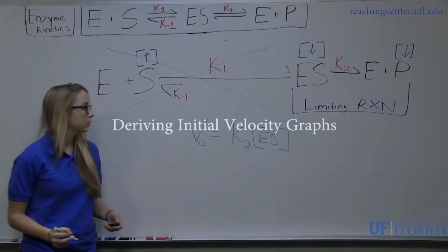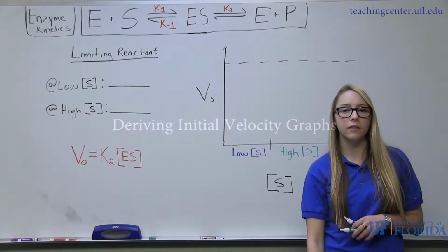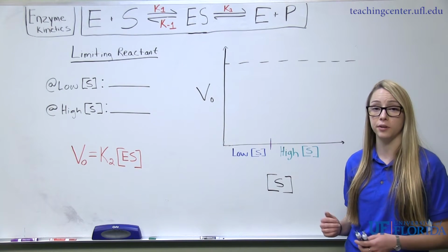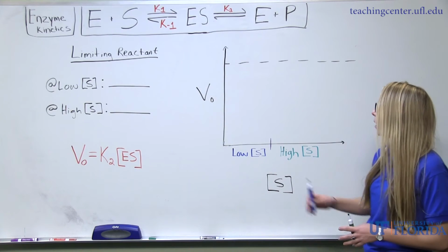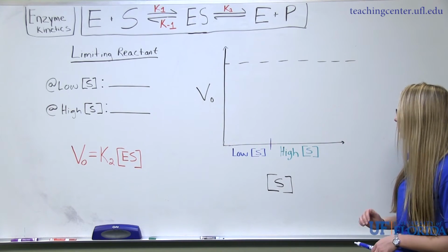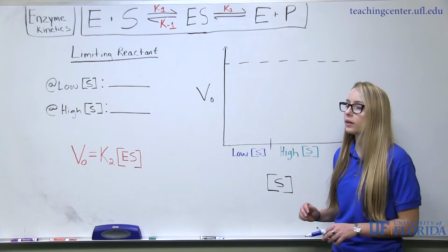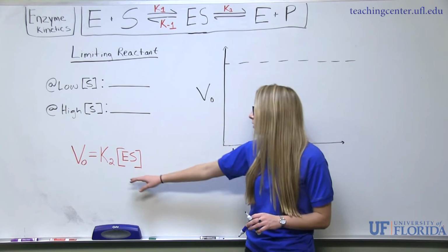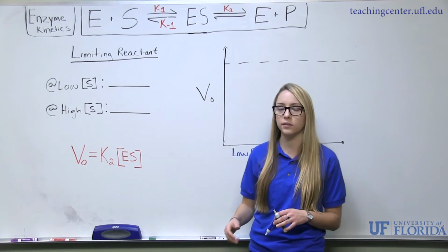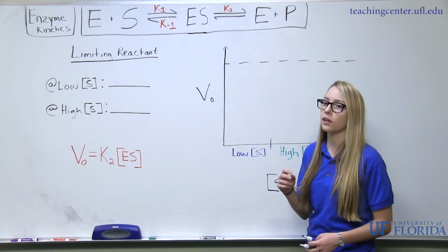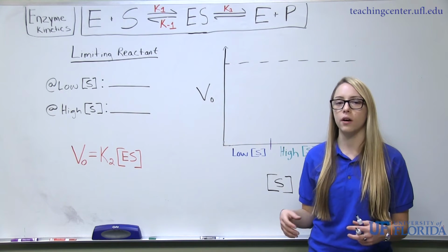So you're often going to see graphs involving initial velocity, so it's important to understand how we derive these graphs. The y-axis is always going to have initial velocity, and the x-axis is always going to have substrate concentration. So really what we want to see is how substrate concentration is going to affect the concentration of the ES complex. Well, when we're at low substrate concentration, you can think we're still going to have a lot of unbound